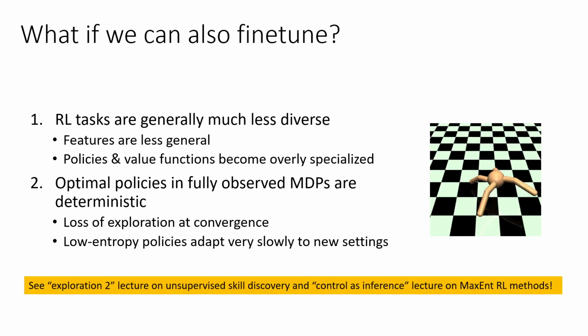Now, there isn't any one technique for doing this, but we actually discussed techniques that would provide some degree of this in the Exploration 2 lecture when we talked about unsupervised skill discovery, and in the Control as Inference lecture when we talked about maximum entropy reinforcement learning methods. And both of those classes of techniques can be effective as pre-training methods because they can get you more diverse solutions. So in Exploration 2, we talked about how you could run, for example, the diversity is all you need